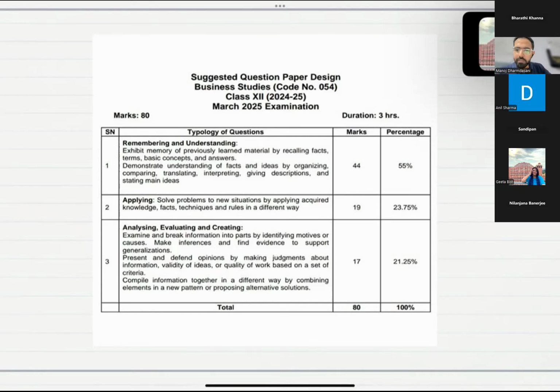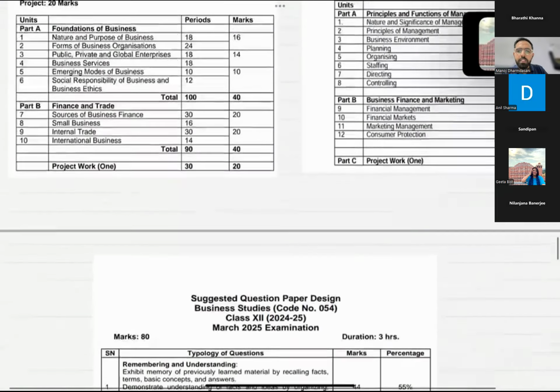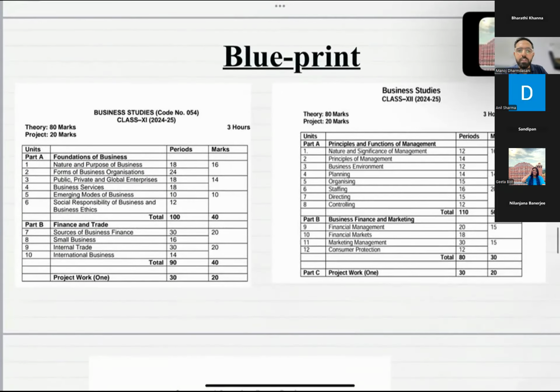So this was the category I was talking about. These 44 marks have been increased by CBSE for only one reason: they have made the 1 mark question category so tough that they want to give students liberty in the category where they just learn the answers and put the answers into the paper. Now, if we discuss the blueprint of the 11th and 12th class paper, because whatever we have discussed is common to both the classes.